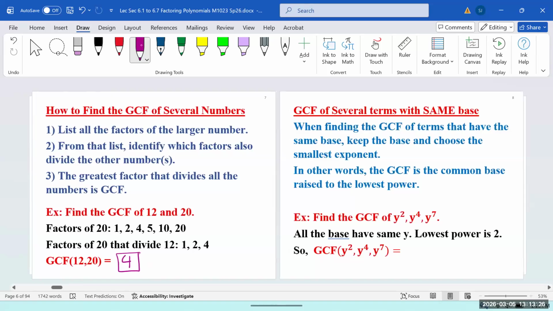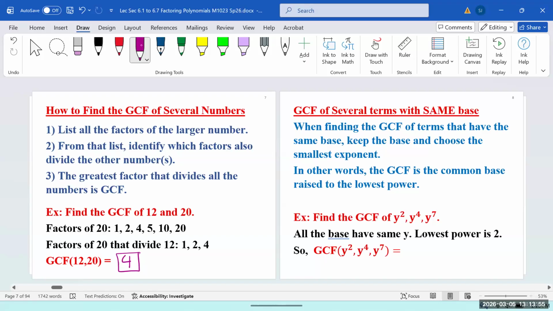The next one is asking for the variable. Can you divide 20 by 6? Remember that 12 has 6, but we are not looking for 12. We look for 20 because 20 is the bigger one. Factor the bigger one. And then see which of these factors of the bigger one divides all the smaller ones. That's the trick.